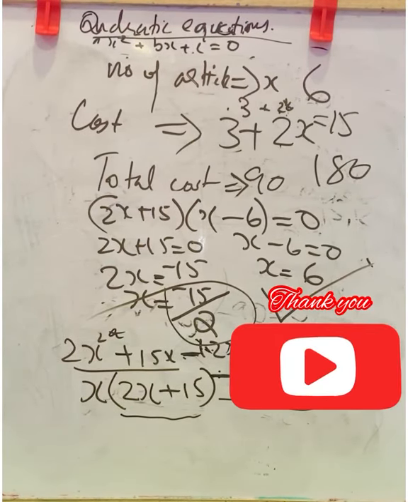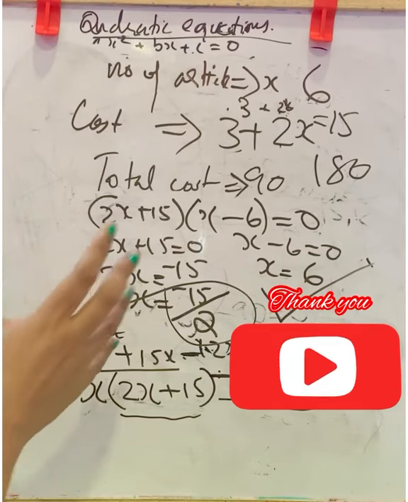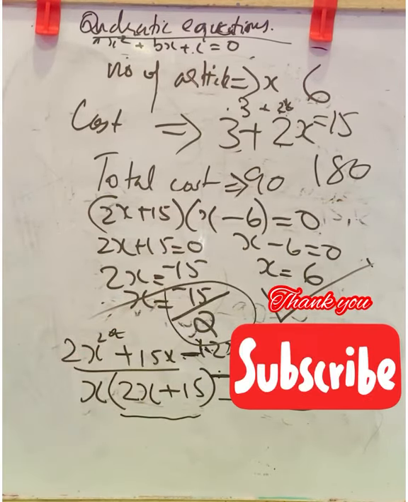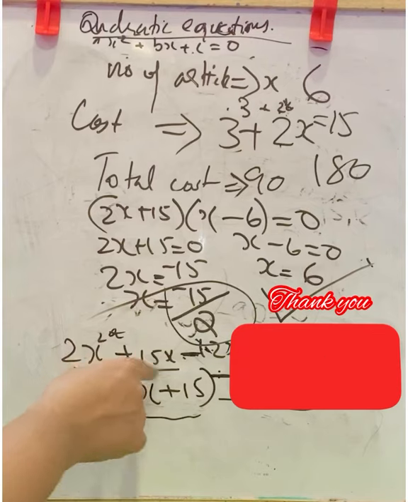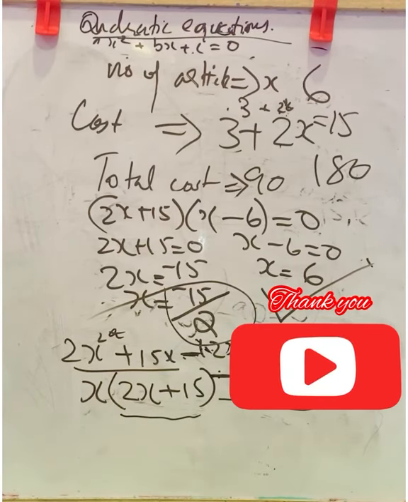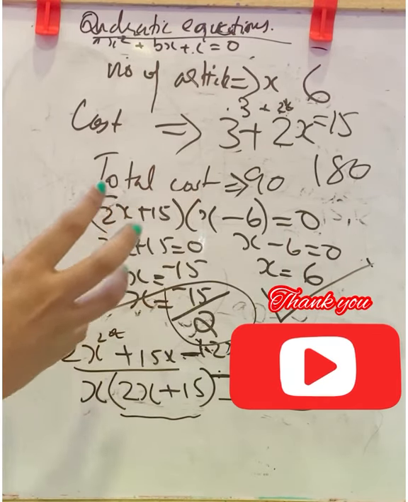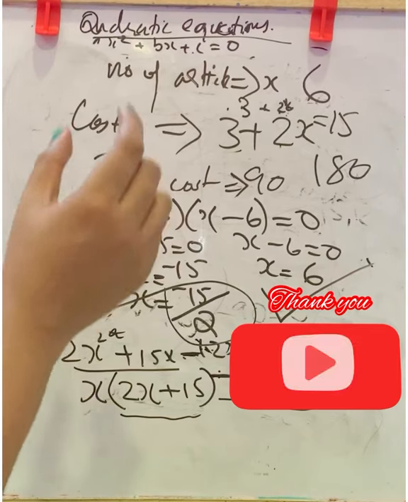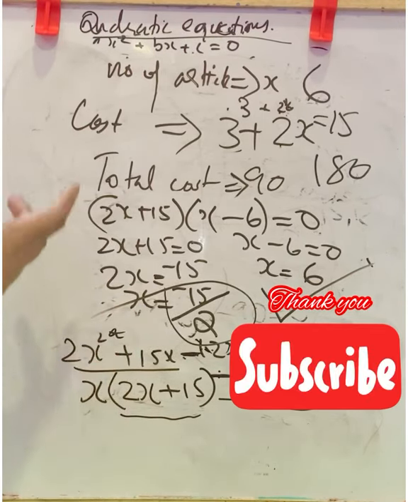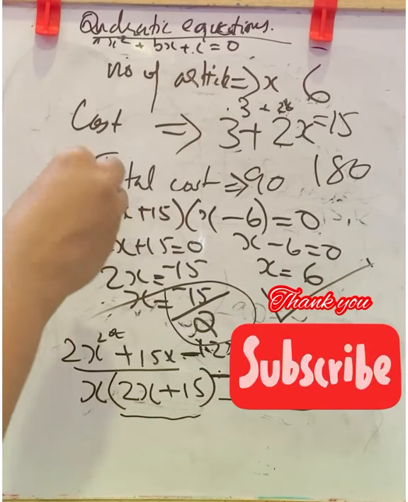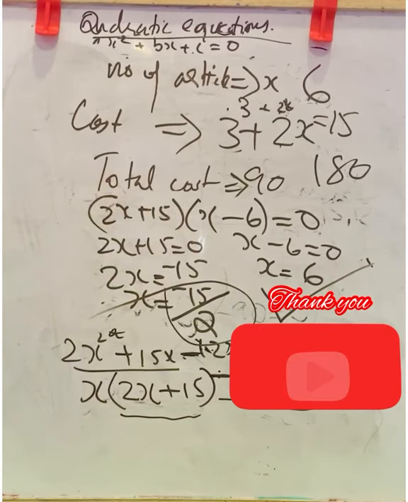So these are the roots of the quadratic equation. Here the difficulty is only while finding the factors of A into C. From that you have to choose a factor suitable for the B term. After multiplying A and C you will get a number. Then you have to check the factors of that number and which factor suits the middle term. Then only you can split it with those terms. Okay.